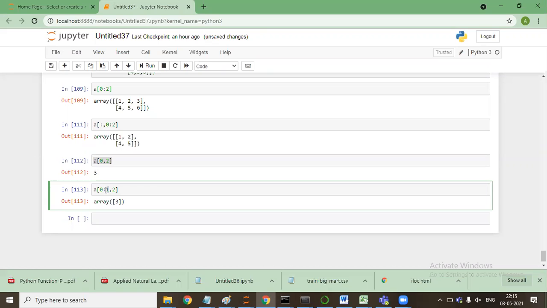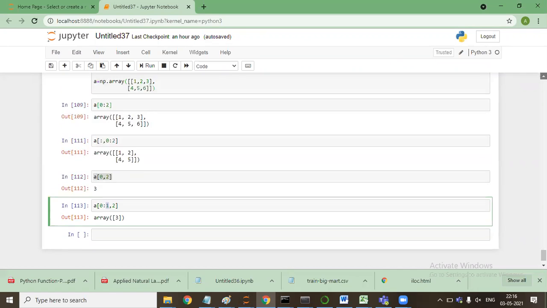Sir, I got an error. It says too many indices for array. What did you pass? A of 0:1, comma. So what is your A array? A array is np.array of 1, 2, 3, 4, 5, 6, 2-dimensional.